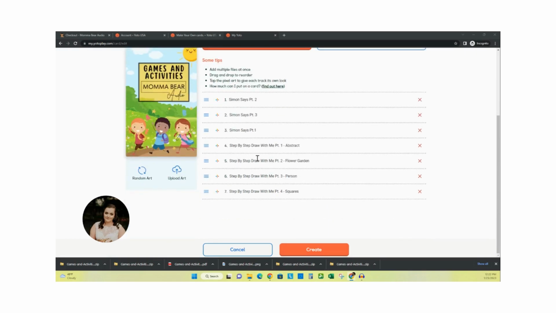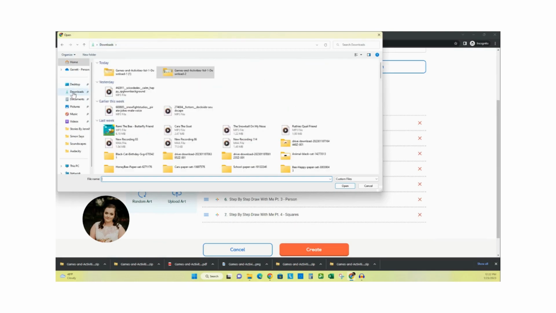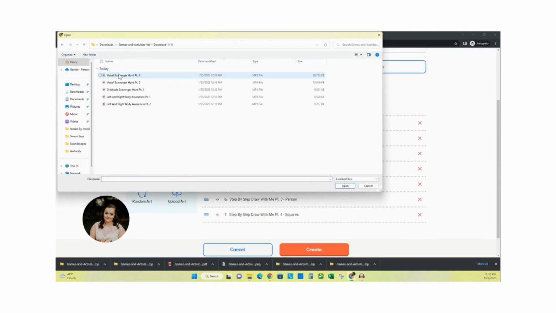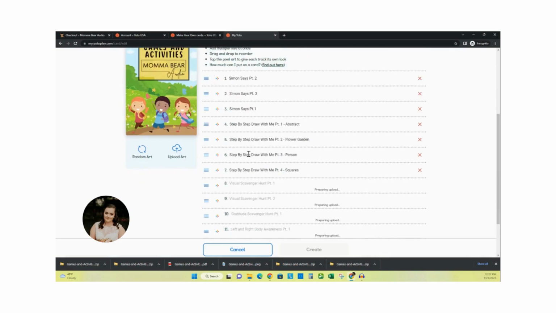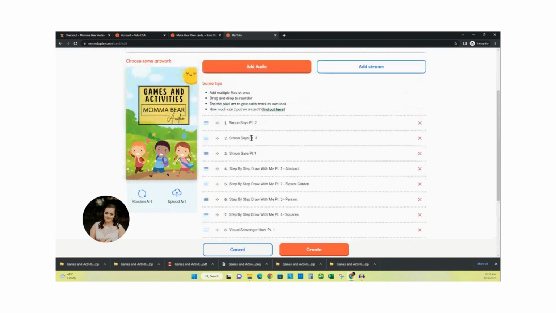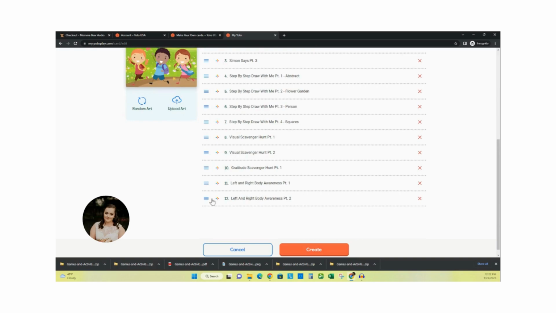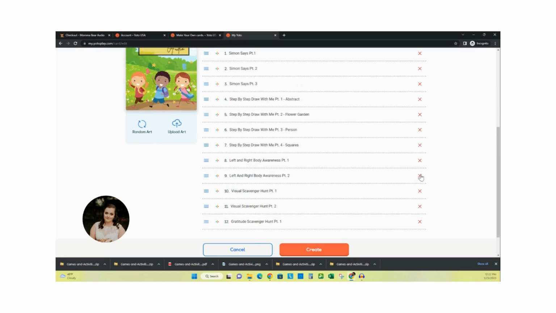Okay, those have been uploaded, and now we're going to go add that other folder. Back to downloads, or you can click downloads here. Now we're going to do this folder with these games, and we're going to select all of them and hit open again. Okay, those have uploaded. We can rearrange the files using the little blue lines. So those all are in order. Those are in order. Those are in order. But if I wanted to have, you know, the left and right body awareness game up here, I can change that. Or if I wanted to, oh, just kidding, I don't want these games on here,